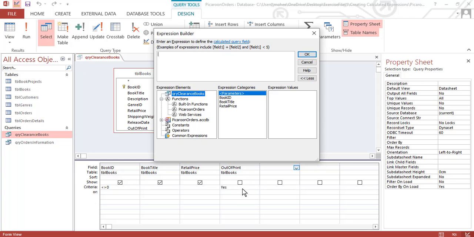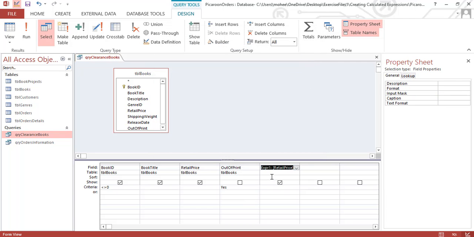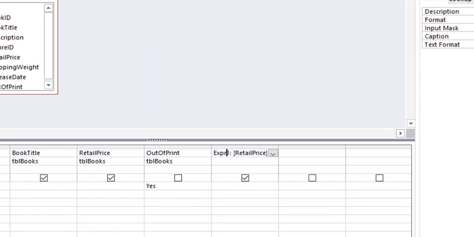and we'll be creating a sale price, and we'll be giving a customer a 60% discount because it is a clearance sale. The books which are out of print and only some of the copies are left, so we are going to offer the customers a sale price which would be 60% off. So we will write our formula: retail price times 0.4. This formula will make a price. So close the expression builder, and look at this expression.